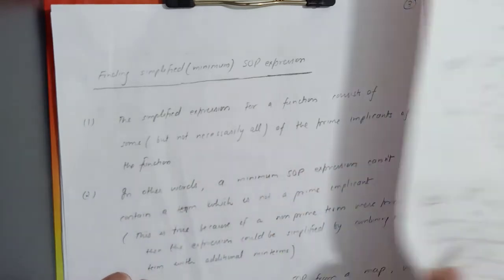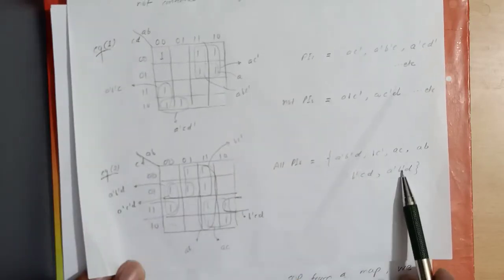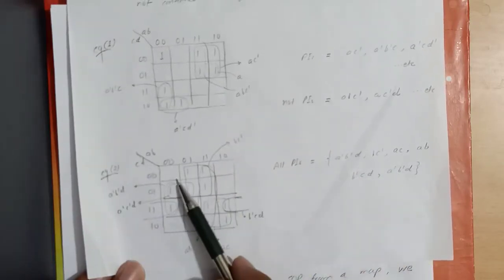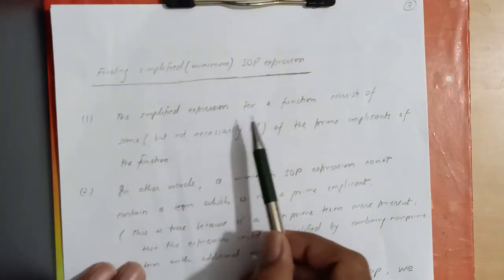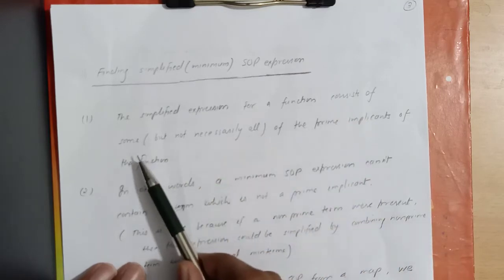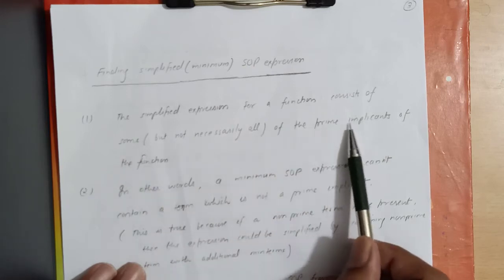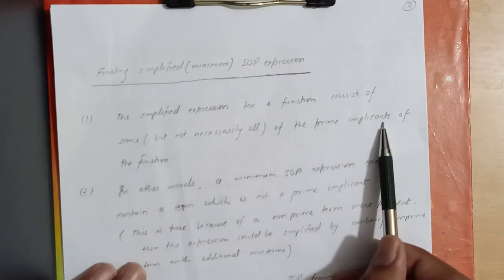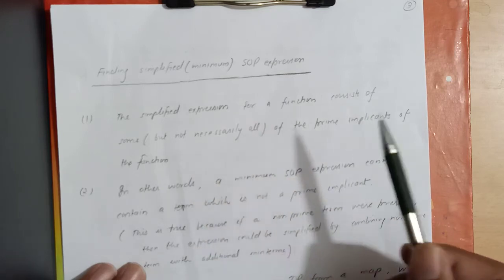If we consider this example, we have found all the prime implicants of this function, but the simplified expression will not consist of all the prime implicants of the function. We will use some prime implicants in order to find the